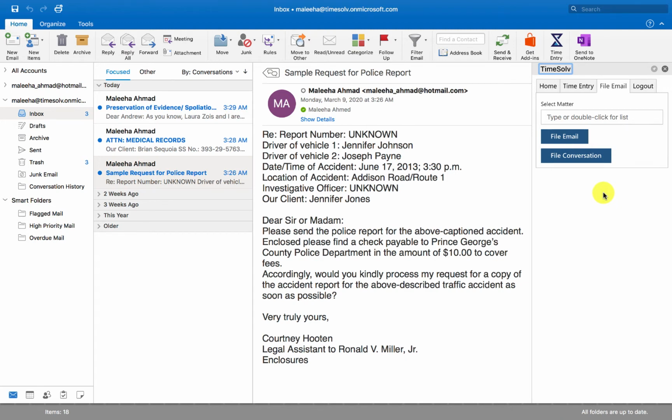So, this scenario shows a selected email that is not already filed against a client or matter, and the email address does not match any billing contact of a matter. You will need to specify the relevant matter and you will then need to choose either to file the email, which will create a hierarchy of folders within